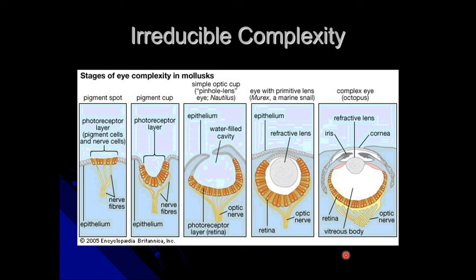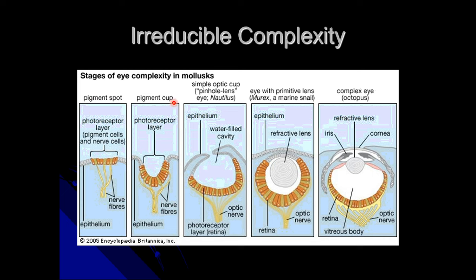Lastly, irreducible complexity is not something that occurs. Irreducible complexity is the idea that there are some things that are just too complex to evolve. Oftentimes the eye is stated as one of these things, but there are not any characteristics of humans or other organisms that have no evolutionary steps to reach them. So it's possible to have half of an eye,